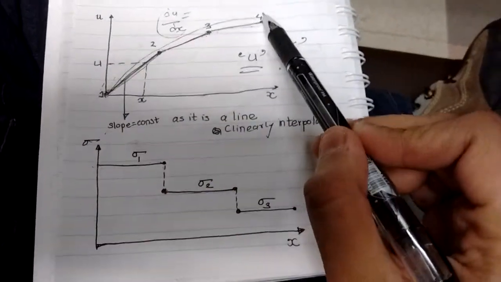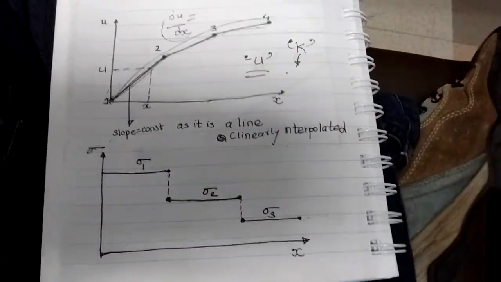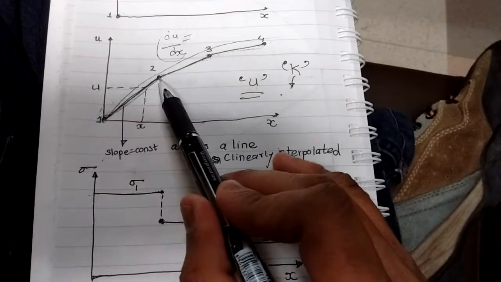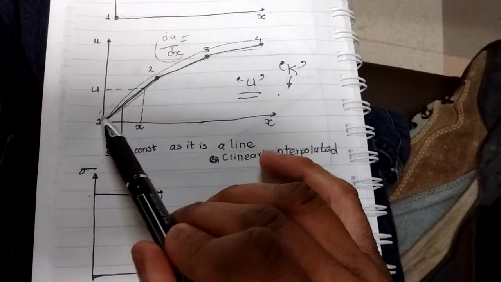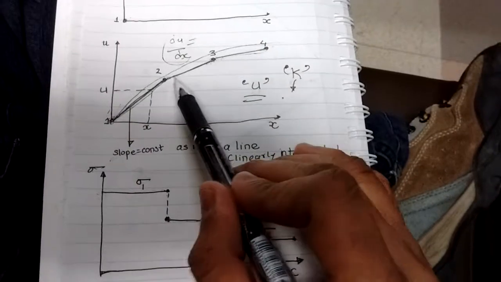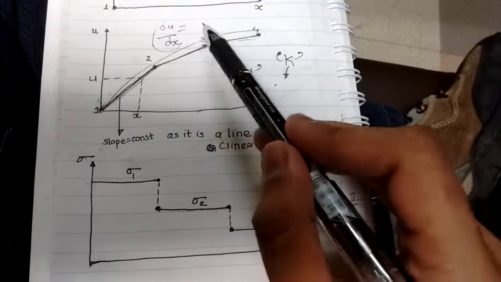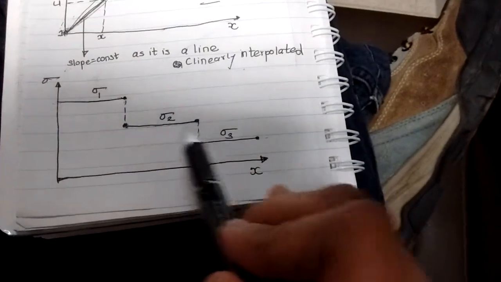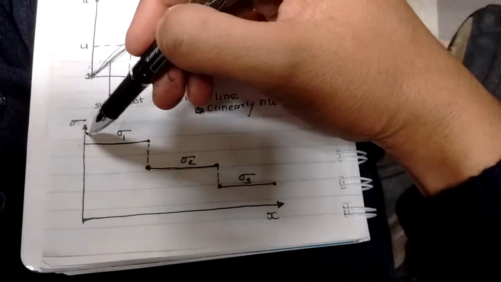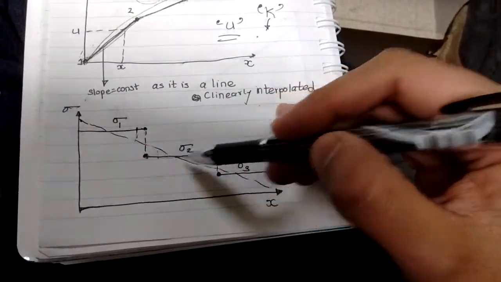If we consider the exact solution, the slope will vary gradually, hence the stress will vary gradually. But for FEM, what it is doing is finding the values at nodes and interpolating the in-between values by straight lines. Hence this slope is constant, this slope is constant, this slope is constant, and hence the stress, which is basically the Young's modulus times the slope of the line, will be somewhat like this. There will be sudden changes in the graph, while the actual stress plot would be somewhat like this. So what you can see here is the error at each and every point.